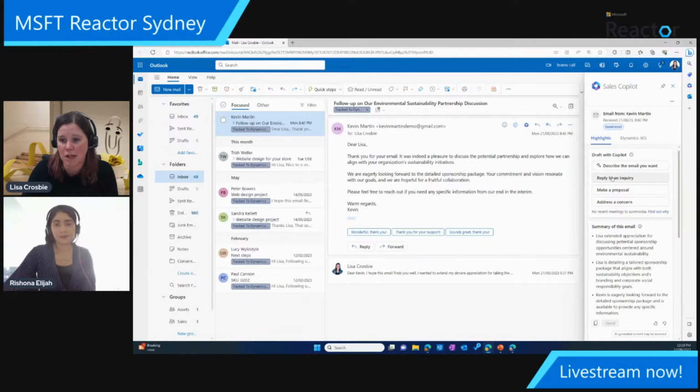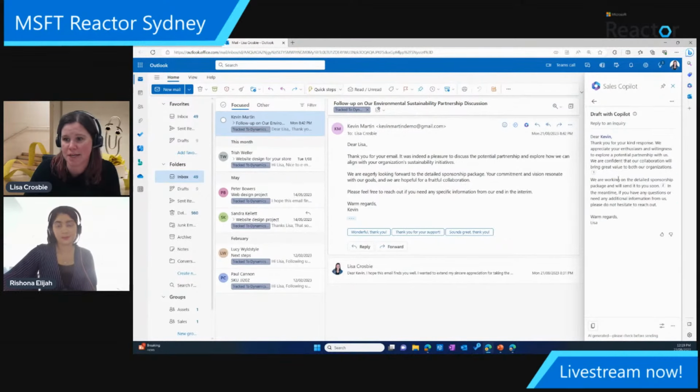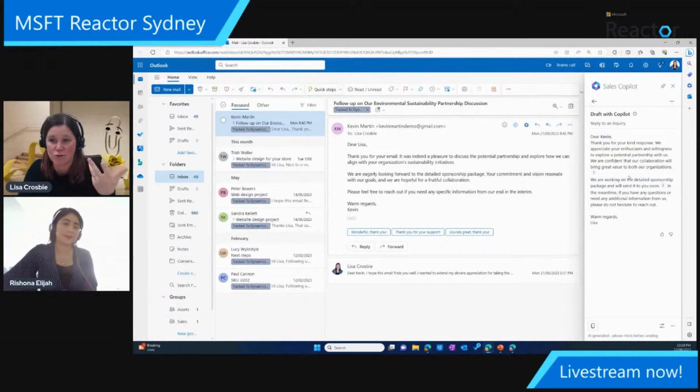I can reply to this. So this is where we're doing this draft experience. Let's reply to this inquiry, and we've got this information in here. And it will actually pull out some things. And again, look at these little footnotes, right? So this is bringing out what it's thinking when it's making up. It's not actually thinking, but it's showing what it's doing in bringing out those things. So you've got those references that are in there. And again, it doesn't send the email for me. I can copy, reply, use that, edit it, all of those kinds of things.